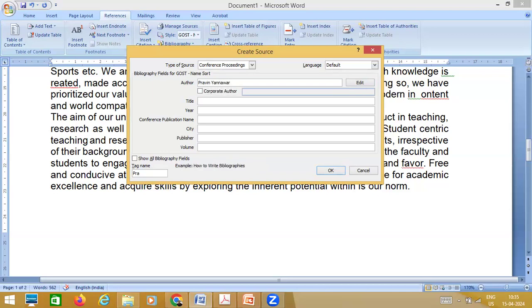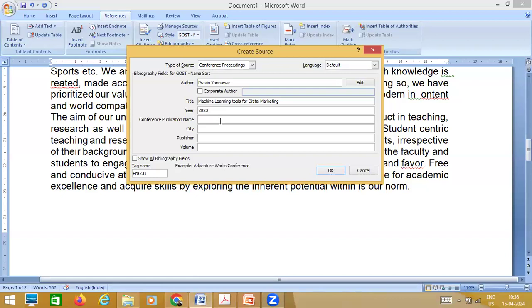And title of the paper, machine learning tools for digital learning and digital marketing. Year of publication, suppose 2023,